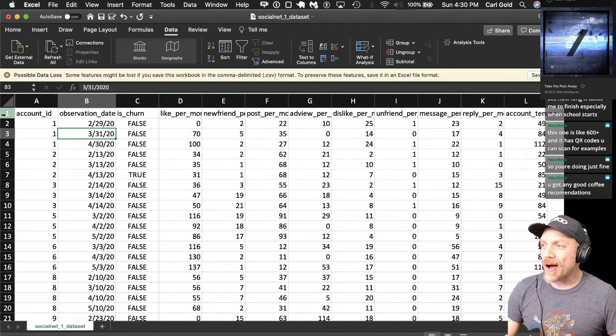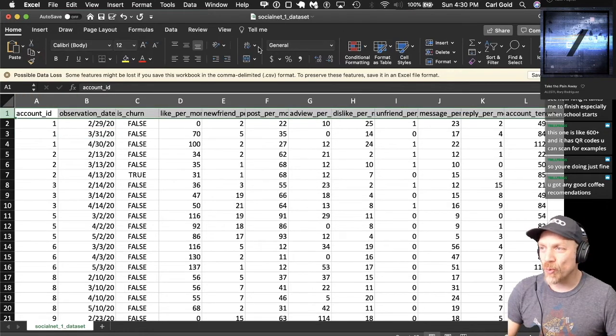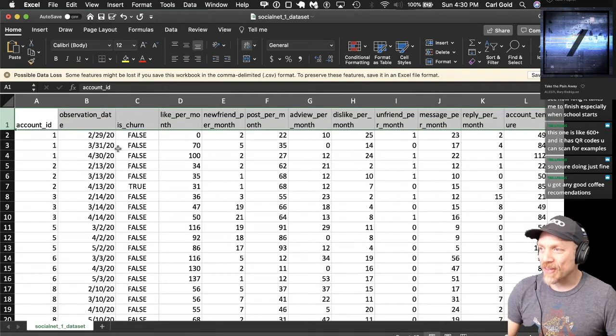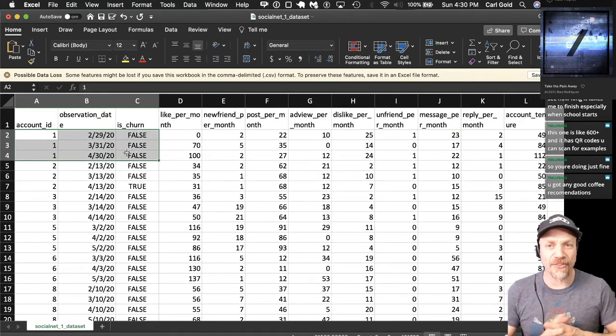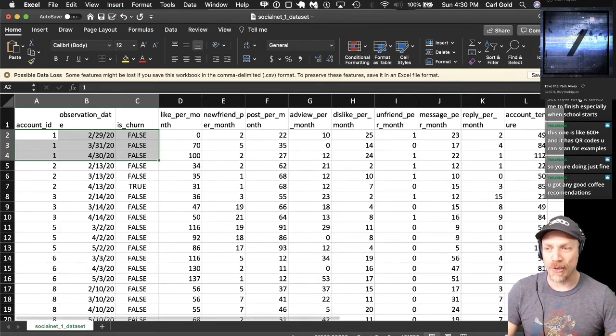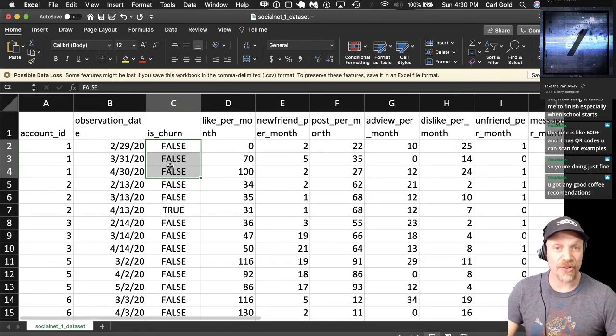So now in the historical data set for the analysis, what is different is that we observe customers more than once because we actually observe them on each renewal. I'll zoom in even more here. So these first three observations are all account 1, and these are all dates when account 1 did not churn.